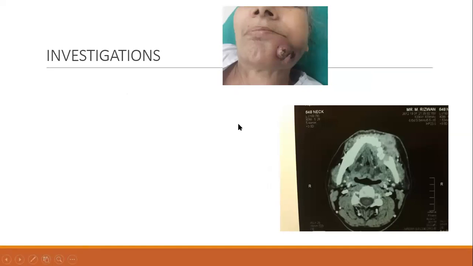Now, often students ask which is better, CT or MRI. Okay, in the oral cavity, if the tumor is not involving the tongue, if it is involving the cheek or the alveolus or the palate or the floor of the mouth, we do ask for a CT scan, because we would like to see whether it is involving the mandible. As in this case, this is a tumor involving the lower cheek and arising from the lower alveolus, and it has caused erosion of the mandible.